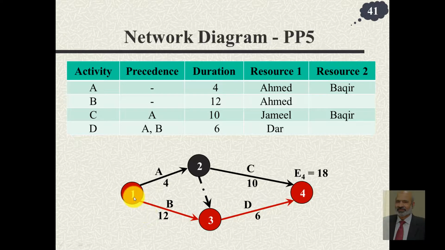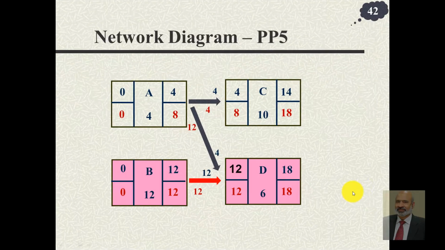So the critical path here is BD, or nodes 1, 3, 4 is the critical path, and the earliest completion time of the project is 18 days. By the way, there are 3 paths. One is the critical path, which is 1, 3, 4. The other paths are 1, 2, 4 and 1, 2, 3, 4. You have to look at all possible combinations. So there are 3 different paths. One path is critical. If you use the precedence diagramming technique, you will have the network drawn like this.